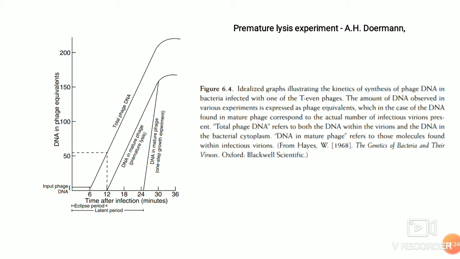Under this condition, the graph again shows the same kind of stages, that is an initial latent phase, and then there is a rise phase where you have the total phage. In terms of DNA, it is mentioned here. You can have it in terms of the protein codes, or the same graph can be represented in terms of the total assembled phages. It will also have the same phases, that is an initial latent phase, then a rise phase, and then a plateau phase.